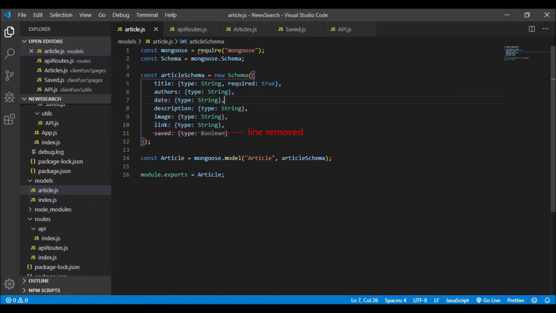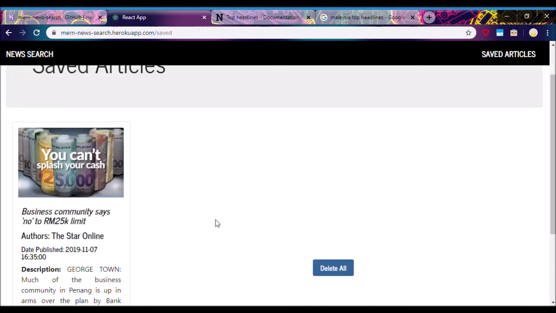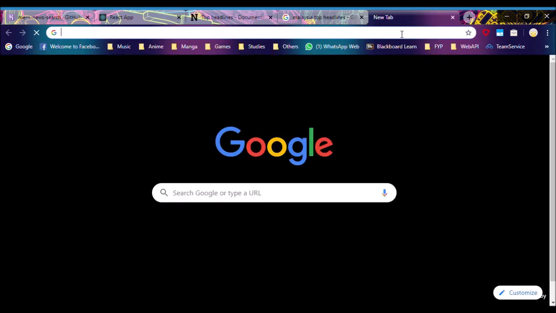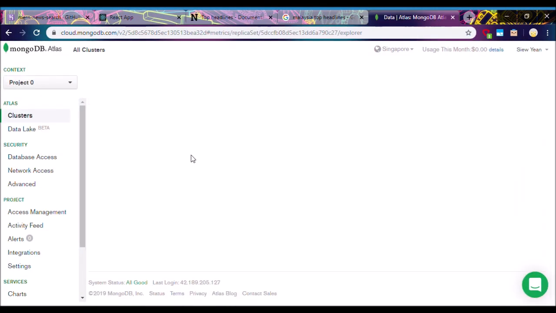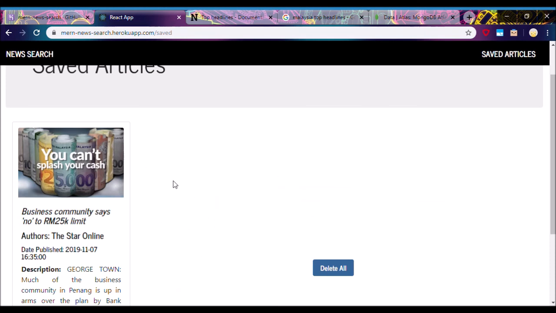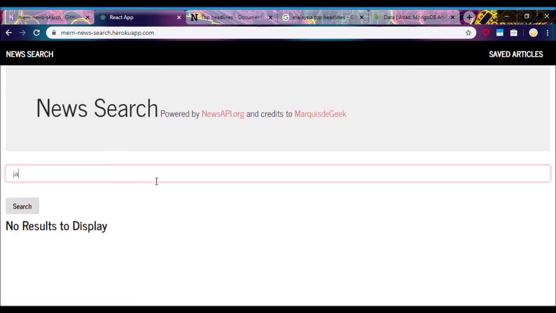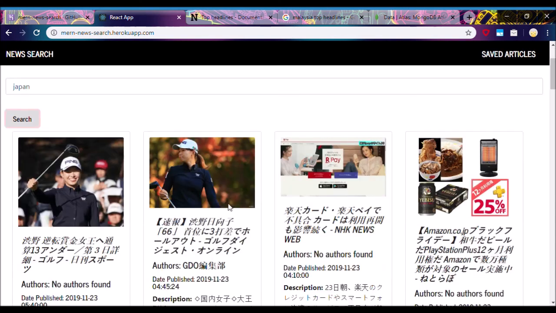So let's take a look at what it looks like in MongoDB's collection page. Okay, so back to the website. Under Save Article, we have one article here. Business Committee says no. So let's go to MongoDB collections. As you can see, there's only one result here which matches to the result shown here. So if we add more articles,